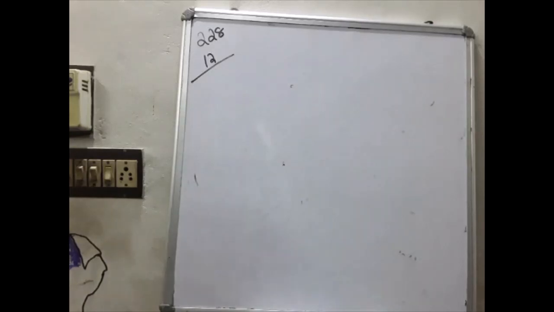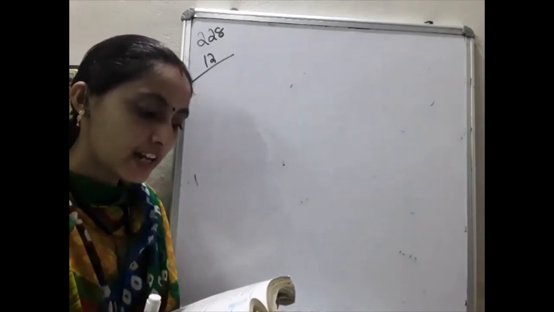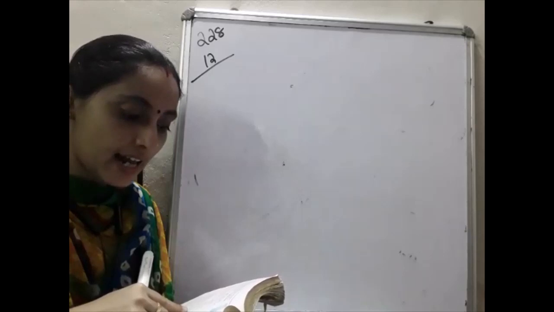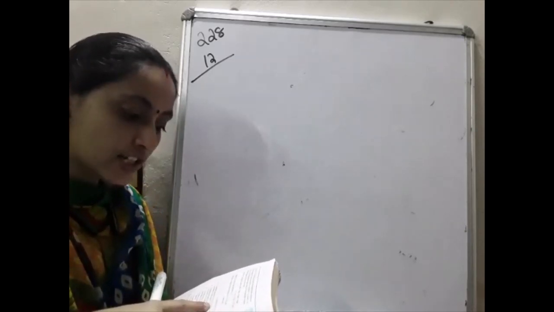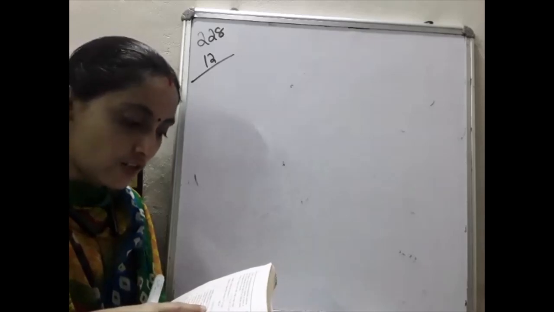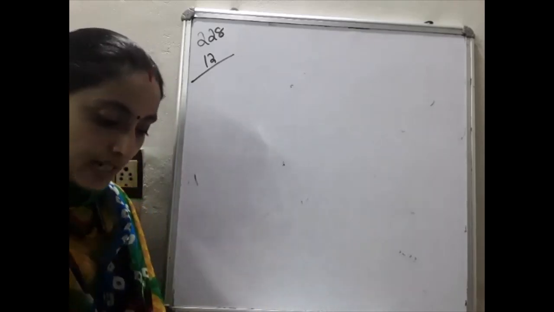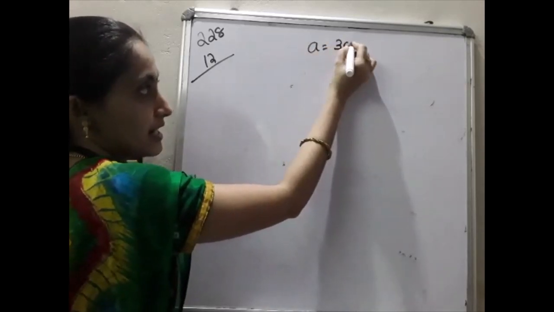We will move to the last question of today's section. A child playing with building blocks which are of the shape of cubes has built a structure as shown in the figure. So please go to the figure also. If the edge of each cube is 3 cm, find the volume of the structure built by the child. So each cube side a is given as 3 cm.